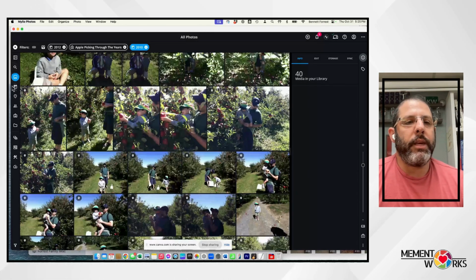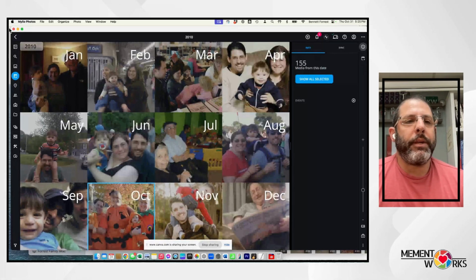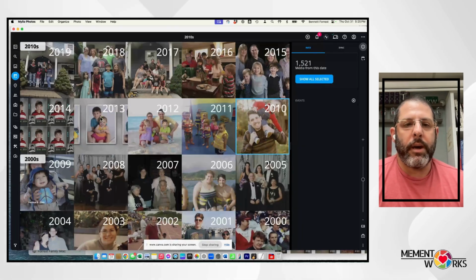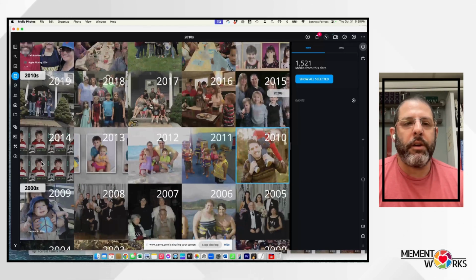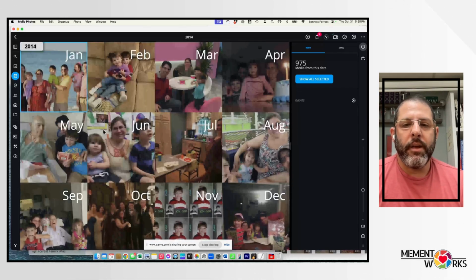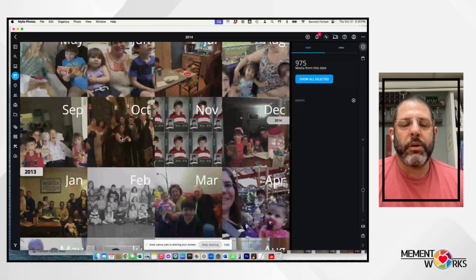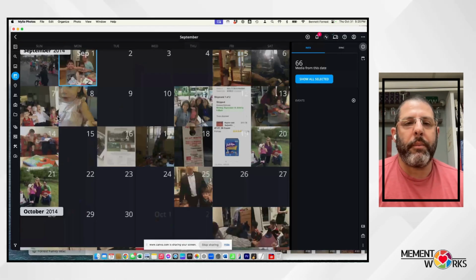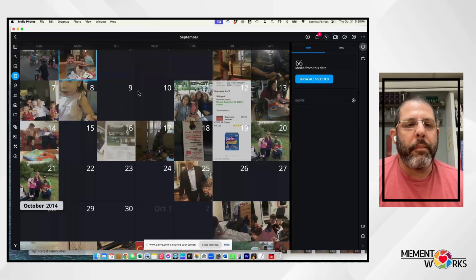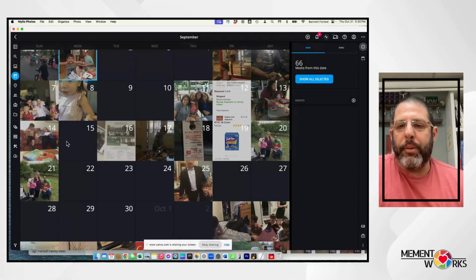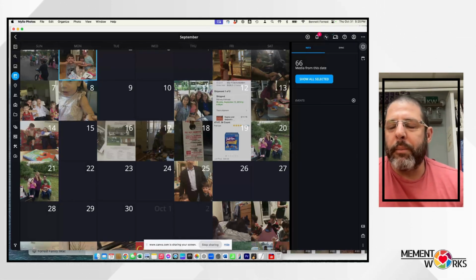So back to the calendar view. I simply went through the years. I picked the years that were missing, 2014, and then I double clicked on the month, and I just looked for the thumbnail of apple picking pictures. So as you can see here on the 20th and the 21st,